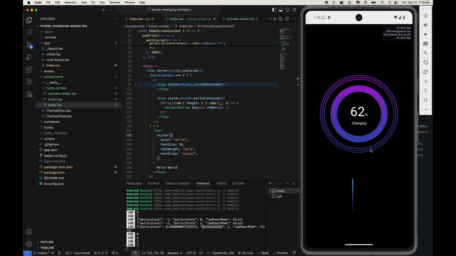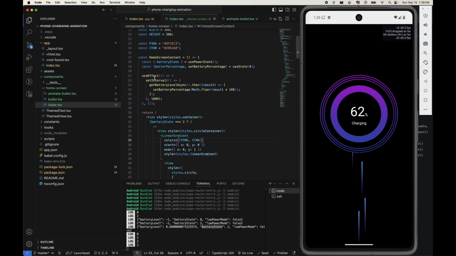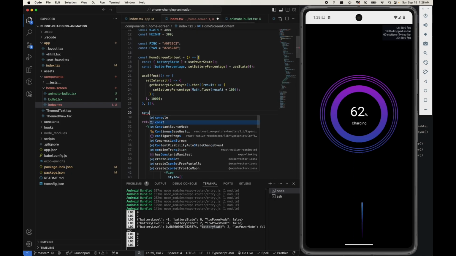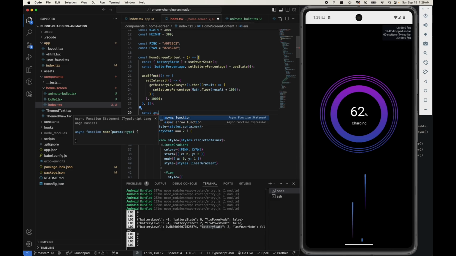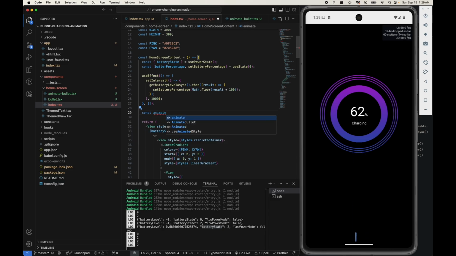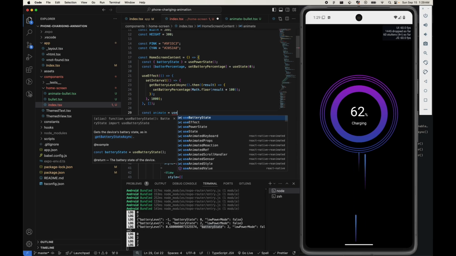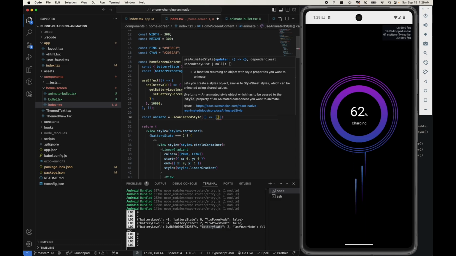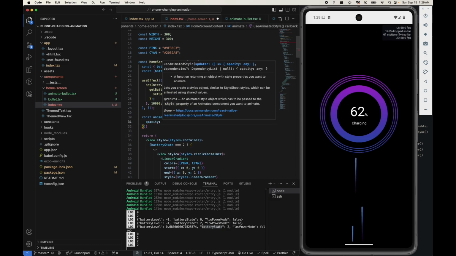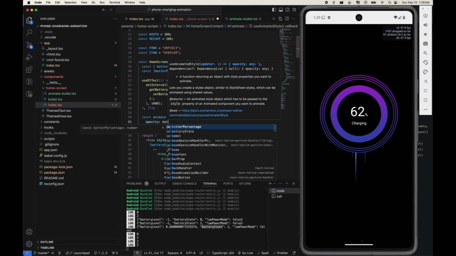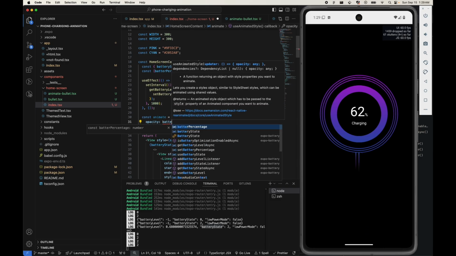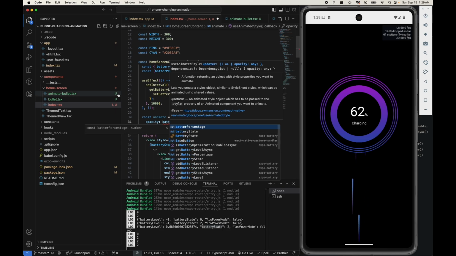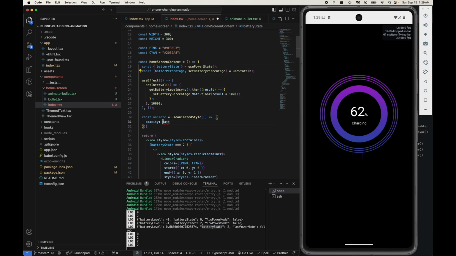change its opacity level from 0 to 1, so it gives us a fading effect. To achieve that, we can create another style here, an animated style, and call it animate. We use useAnimatedStyle from Reanimated, and it should have an opacity. So we can do something like battery state equal to